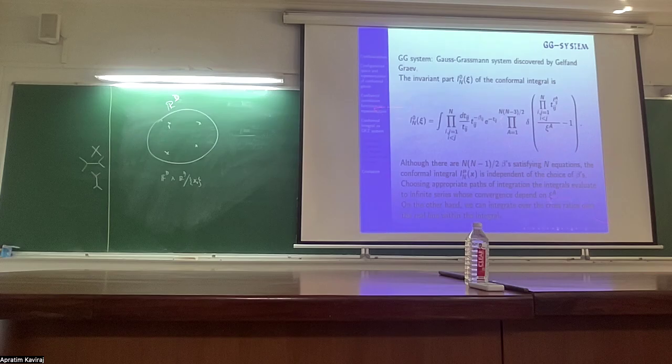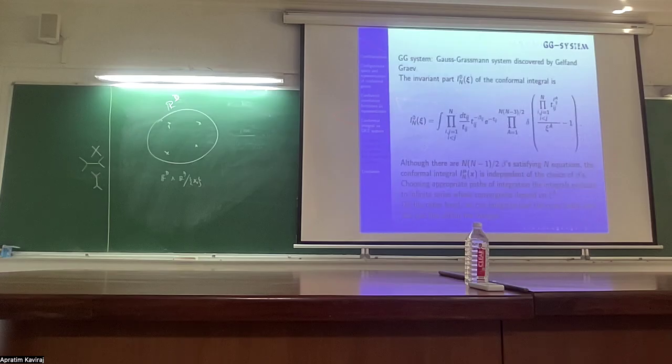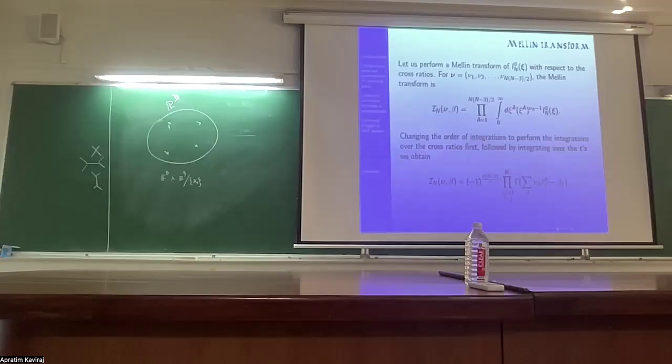And then now I'll be able to integrate over cross ratios. So start with this. I can write down the formula for the Mellin transform. I just take a standard Mellin transform for each of the variables that I have. This is for the endpoints. So I multiply each of these cross ratios with a mu minus 1 along with this, and I can